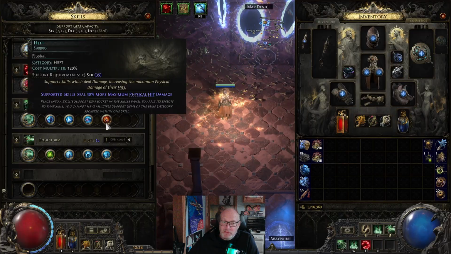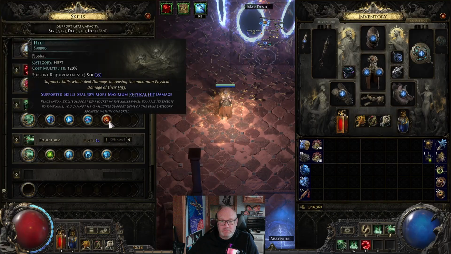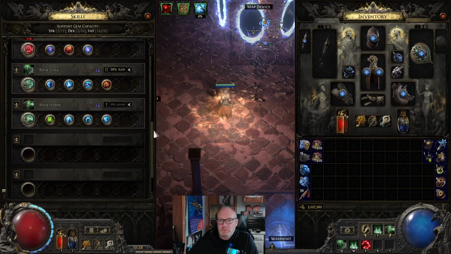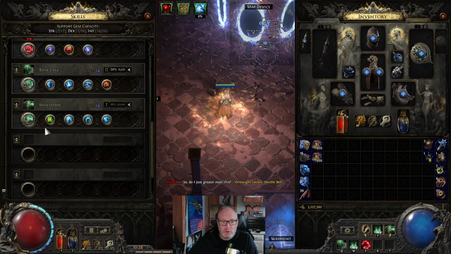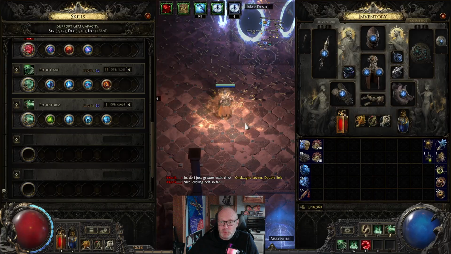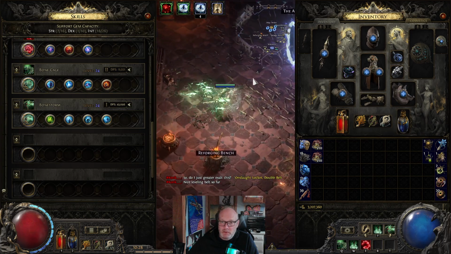And then I just have Heft for more physical damage. Definitely going to 6-link this when I get more jeweler sockets. Single target, Bone Storm. It's a channeling skill that builds up a bunch of projectiles that you release once you stop channeling. Very cool. I channel this really fast. Gets to max stages almost instantly,